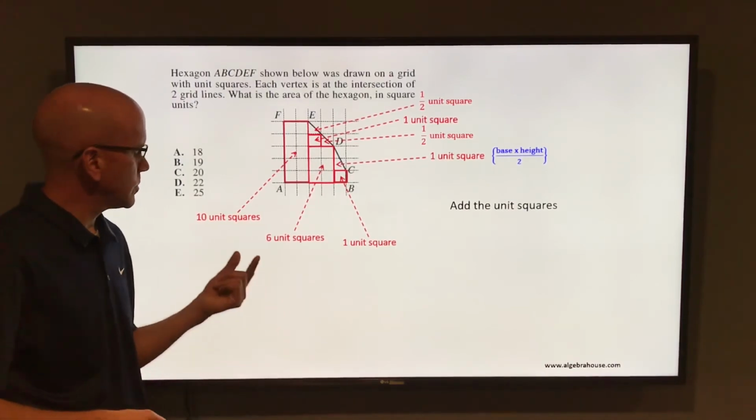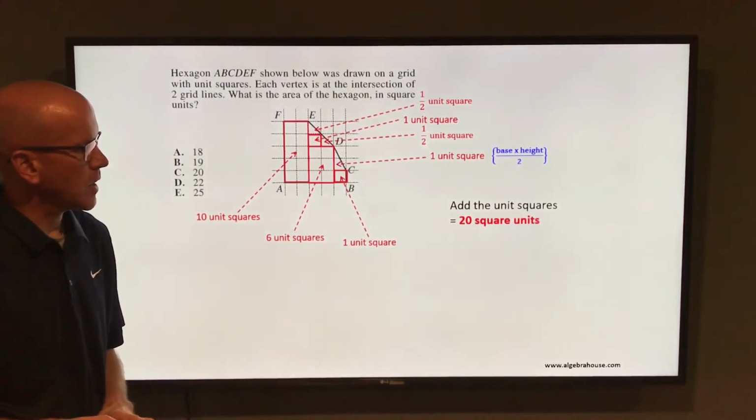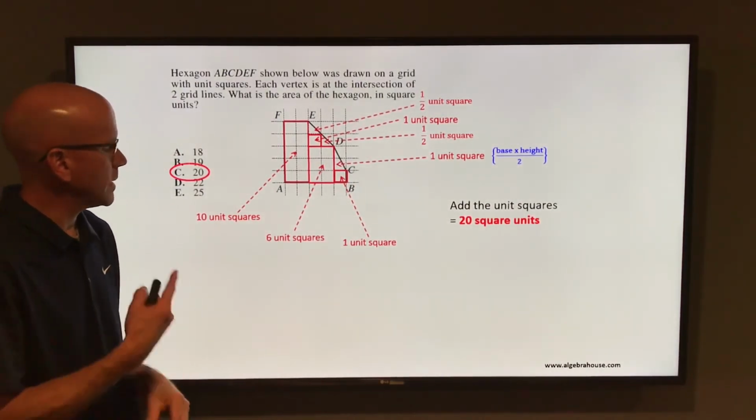And then add up the square units you have. You have 10, 6, 1, 1, 1 half, and 1 again. So if you add those up, it's going to be 20 square units, and that is letter C for the